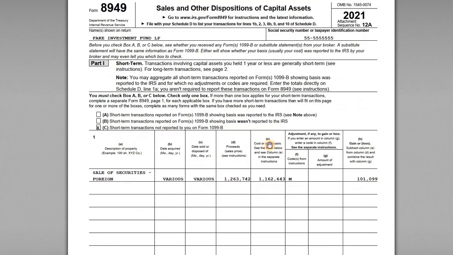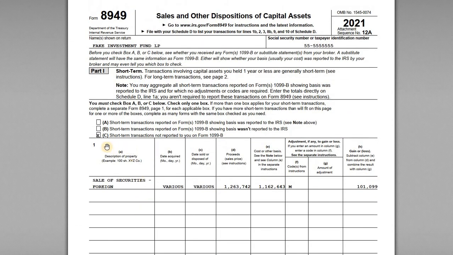Now, for the foreign dispositions, we're reporting these as basis not only not reported, but not reported on 1099B. And that also kind of makes sense, right? Think about this. This is stock that's being traded in a foreign brokerage account. They do not provide 1099s to the IRS because they're not legally required to. So not only do we not have basis information submitted to the IRS, but we don't have any information submitted whatsoever. So we use whatever materials the broker provides us, we use that to complete our 8949